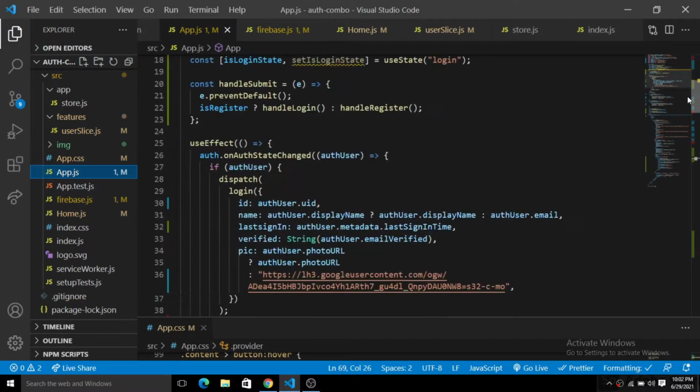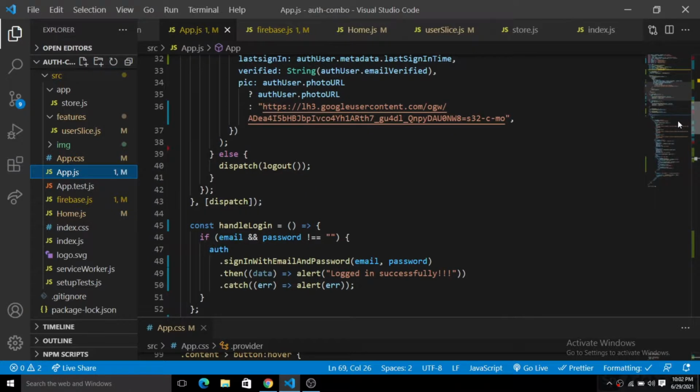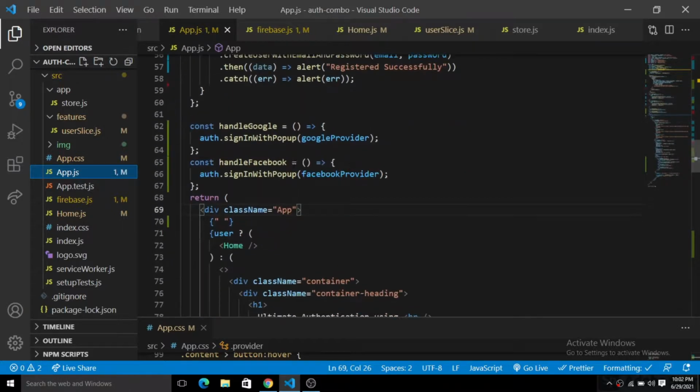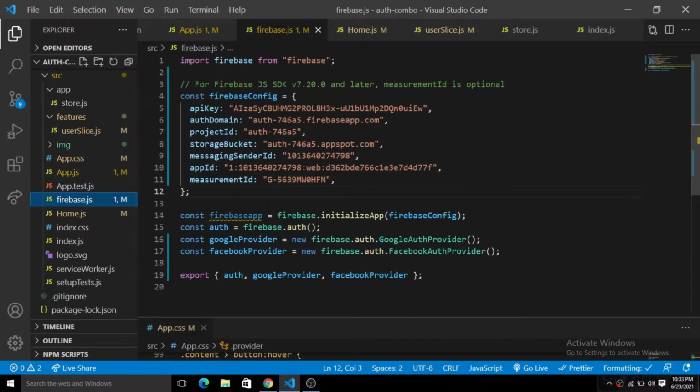Here you can see we have created a Facebook handle function, and here we have an auth. Let me clarify what the auth actually is. Inside this firebase.js is where all our configuration lies. For any provider you have to assign, you first have to get an instance of it.